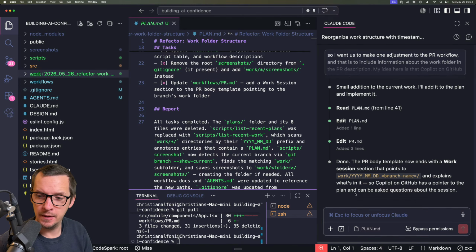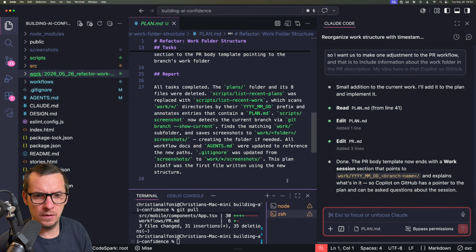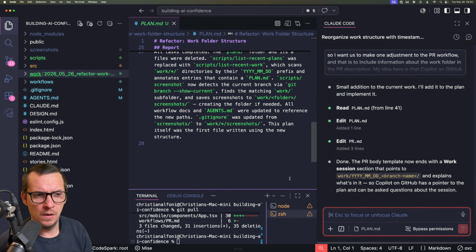Yeah, as a pointer to the plan, and it can be asked questions about the session. Okay, I think we're going to just test this theory first. Okay, cool. Let's try to create a PR from this.